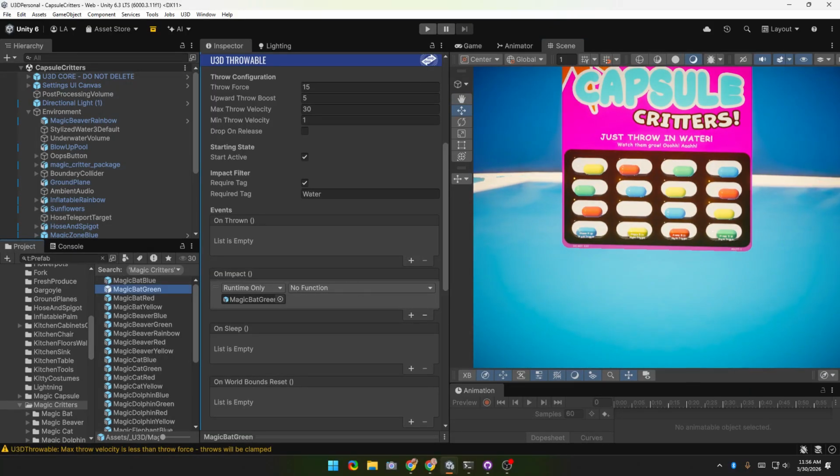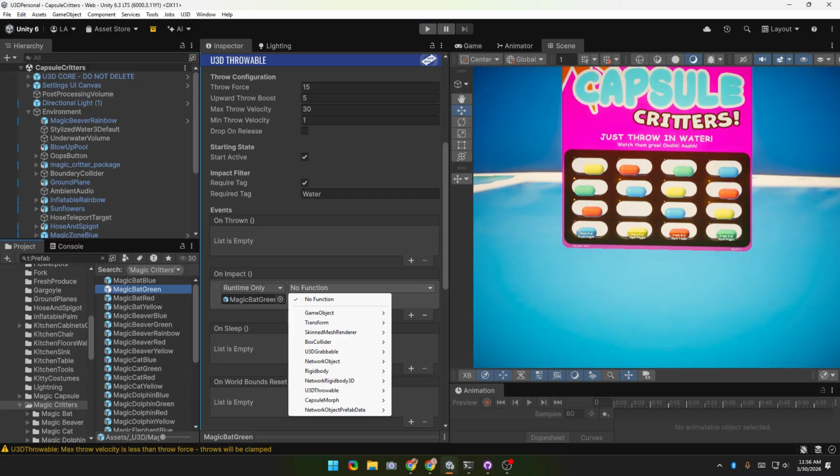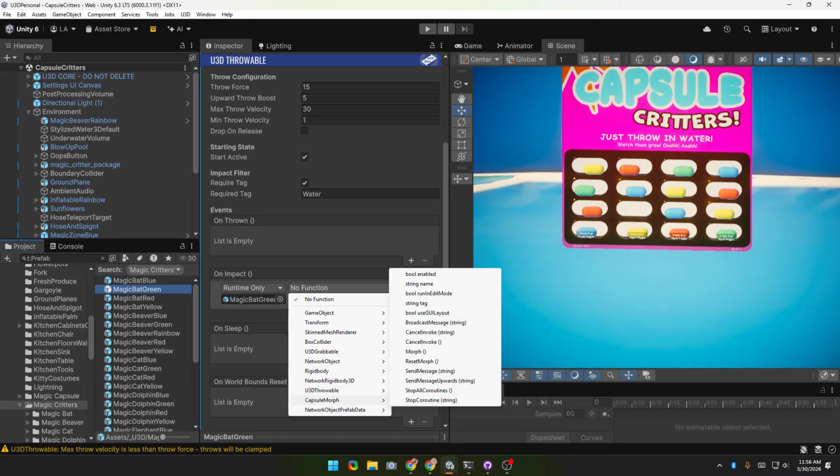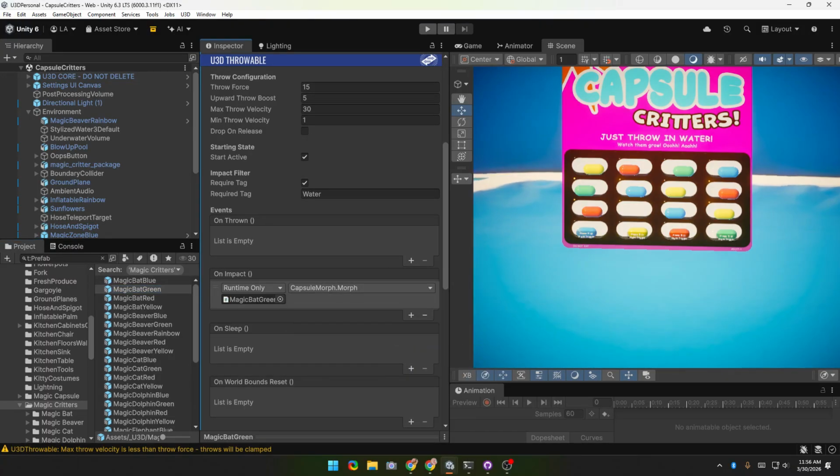Okay, back to work. So magic bat green, capsule morph, on impact,